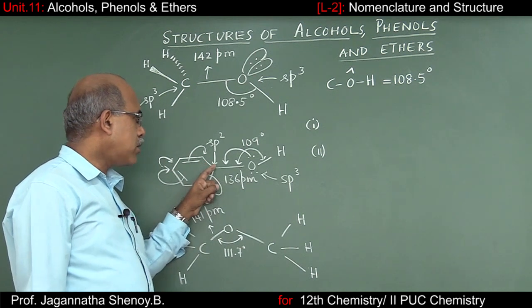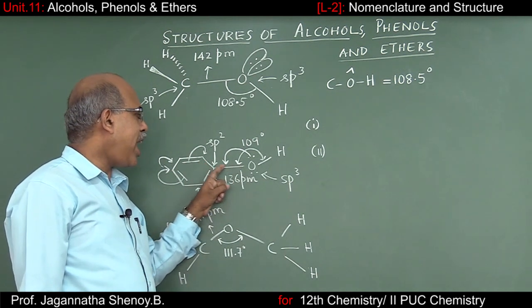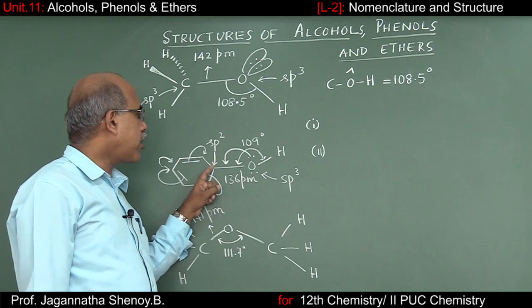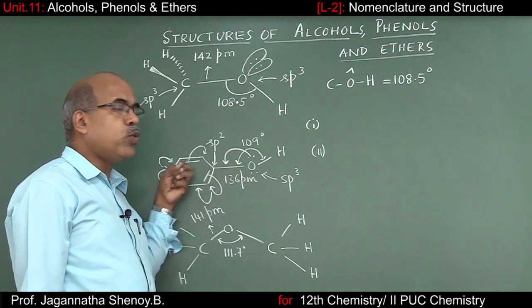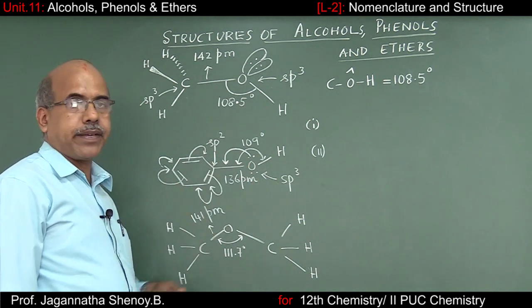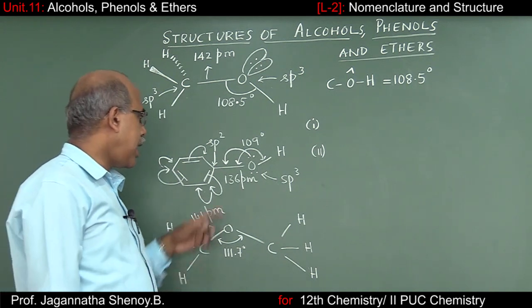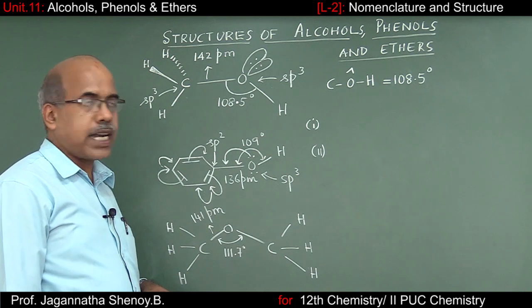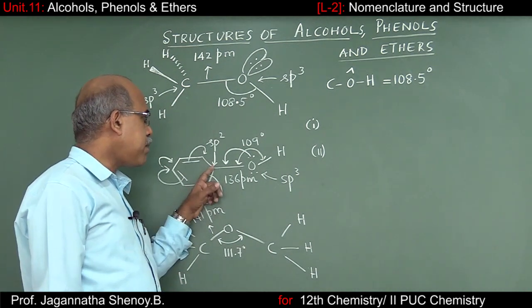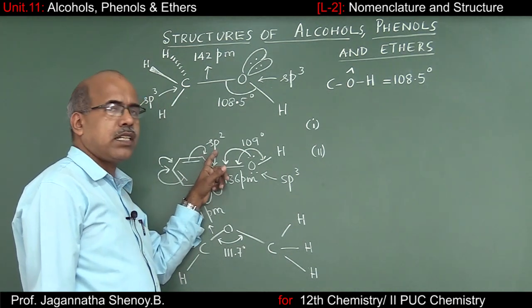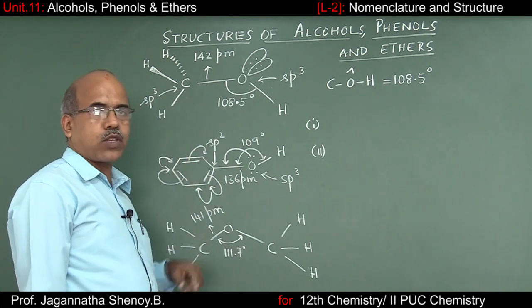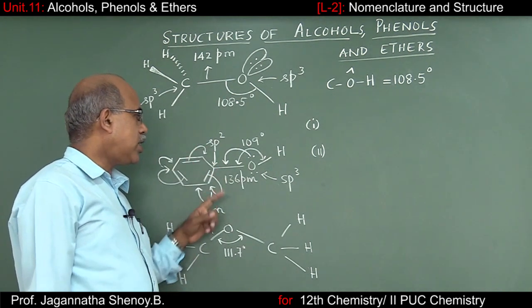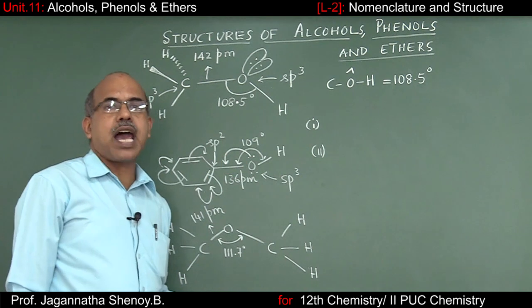This carbon atom will pull the shared electron pair of carbon-oxygen bond towards itself strongly. As a result, the bond length should decrease. The second reason is the sp2 hybridized carbon, which being more electronegative, will pull the shared electron pair of carbon-oxygen